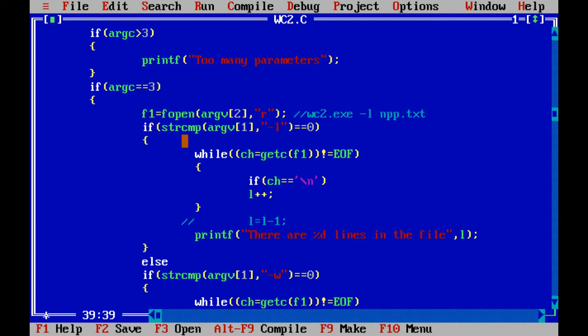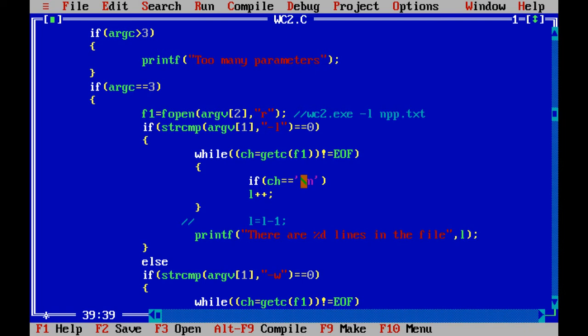After that we are going to compare the string. Everything in front of your DOS prompt is going to be considered as a string. So I have compared the string at position 1. If position 1 is equal to -l, we are going to get characters from the file till we reach end of file.